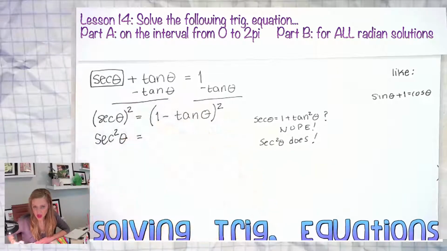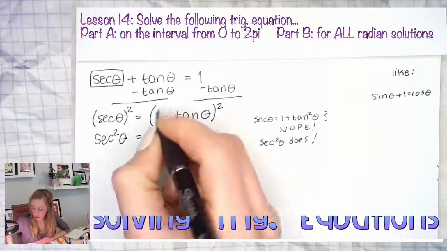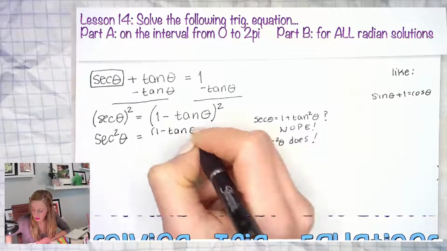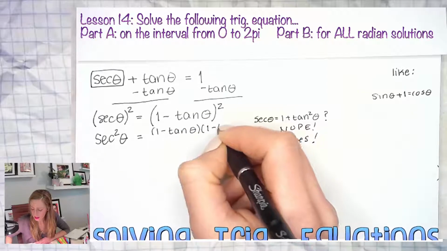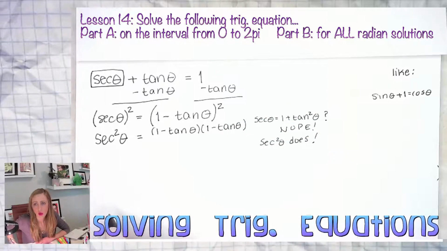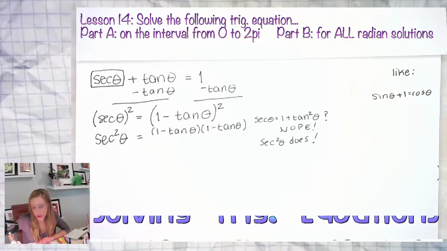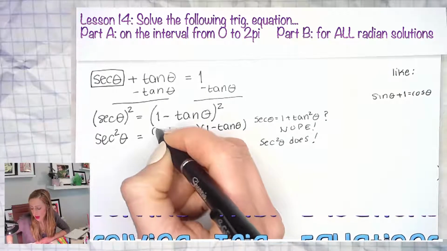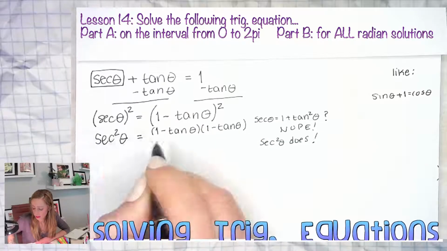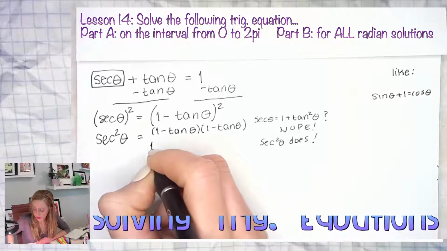That's pretty straightforward for that one. And then here, I want you to picture it as 1 minus tan theta times another 1 minus tan theta. And like I just reminded us, we're going to FOIL or expand, multiply this fully out. So in the next line, what should I write down? Go ahead, Emerson. Would it be 1